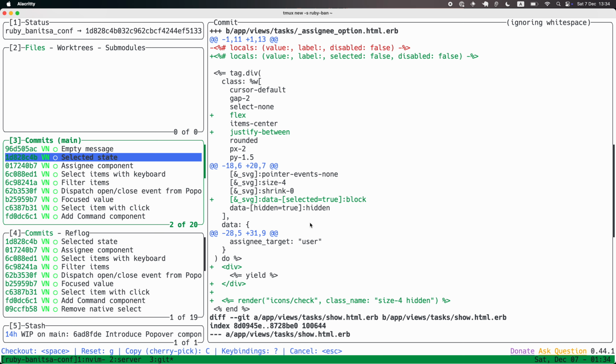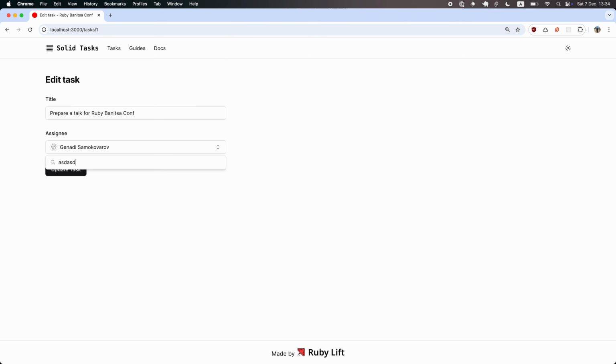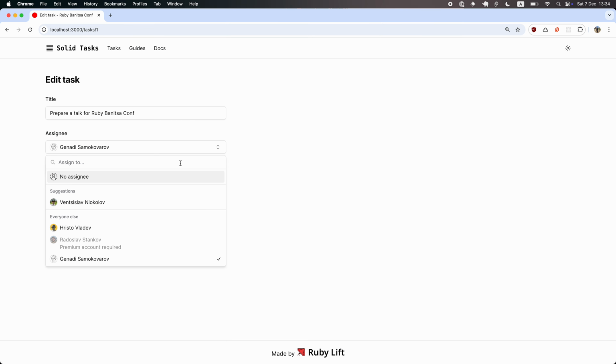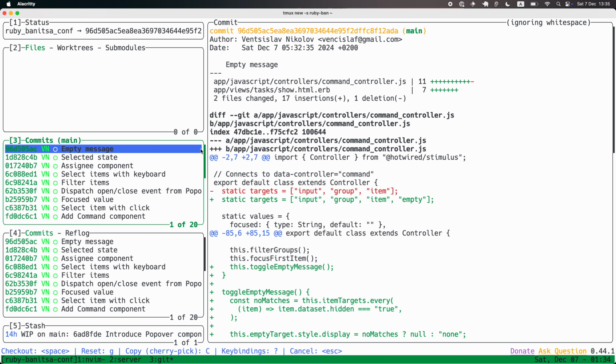And another thing that we forgot to do is, at the moment, if we type something that doesn't match, it's just like that. On some websites it actually works like that, but we can do a little bit better. So we can add some empty message, and for example we can type and display something more meaningful here, or maybe even some links with actions like creating a user or whatever. And in order to achieve that, we just have